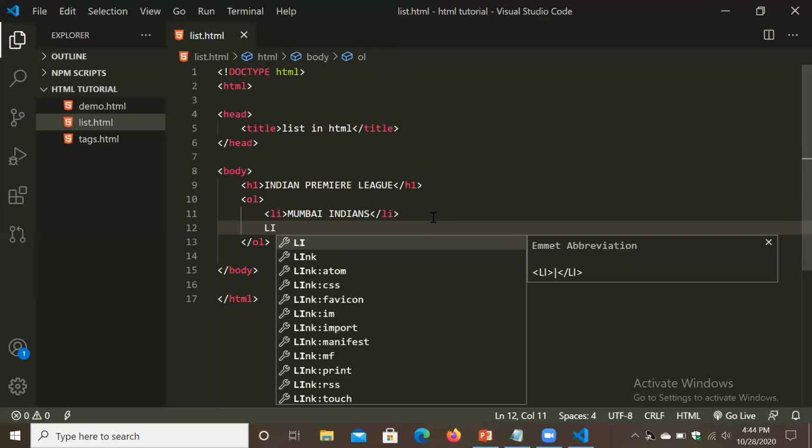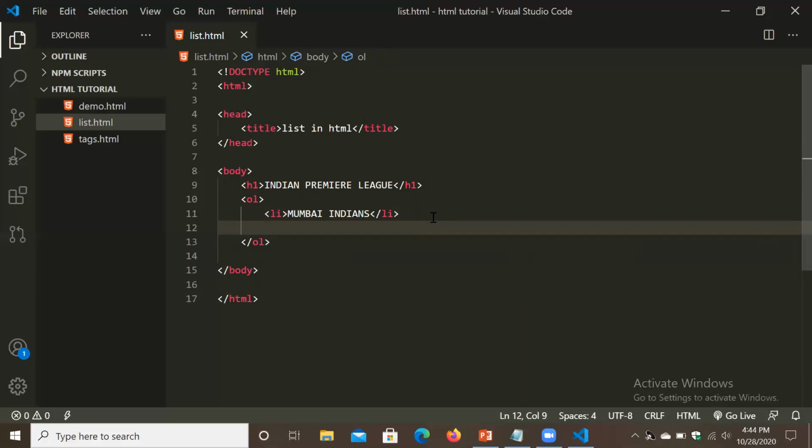Simply we have to use the li tag. Capital or small doesn't matter, but we should go with small letters. li open, li close. Now second, Chennai Super Kings.